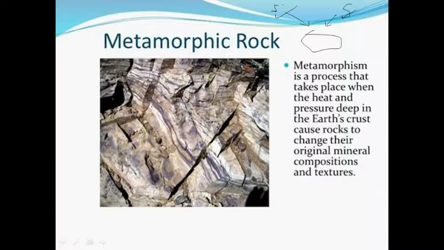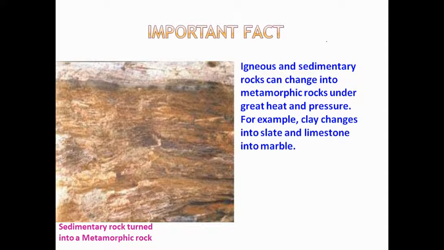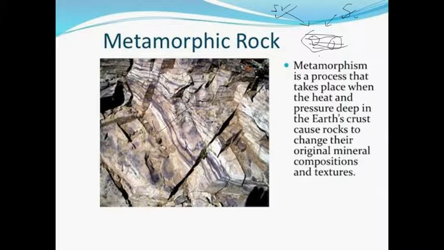Now, just for knowledge, the igneous rock contains a crystal type. Okay, crystalline means it has crystals on its surface, and the sedimentary rock has layers. So it means crystal and layer. So when both are added, it makes a metamorphic rock. So in the metamorphic rock, there's the crystal type shape here, and the layer type here. Okay. Now, when such kinds of rocks are formed, it is known as a metamorphic rock. Okay. Now, before the important fact, I want to tell you that because igneous and sedimentary rock form a metamorphic rock, both rocks can be classified as parental rock for the